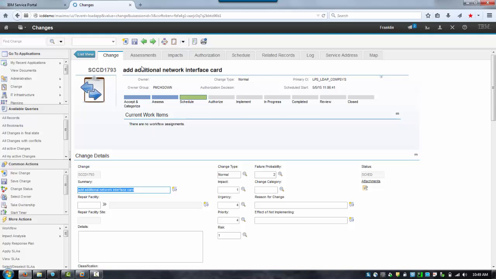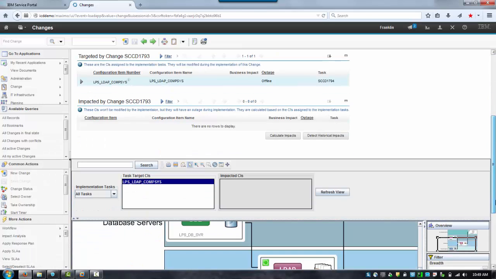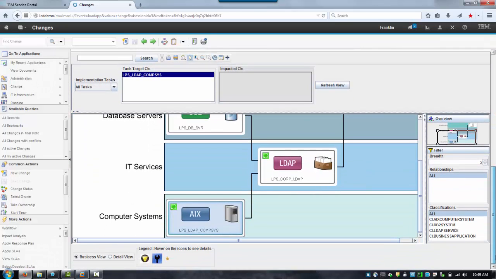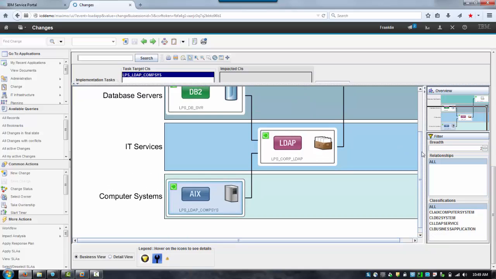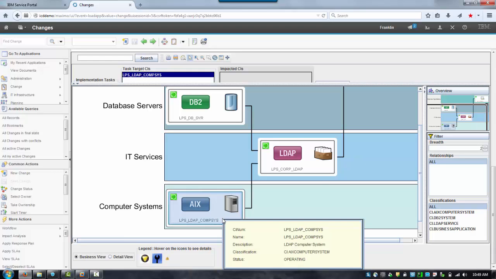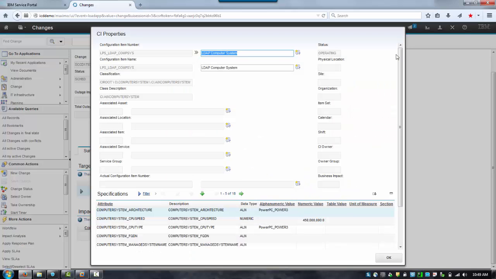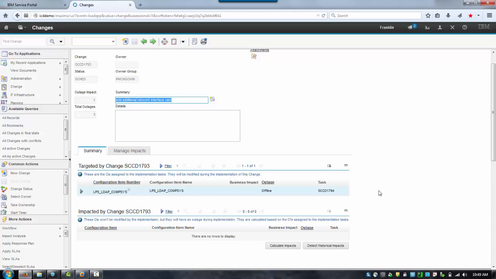and we see that it is scheduled, and we can do an impact analysis. Clicking on impacts will show us the computer system that will be affected by this implementation of a new network card. And the important thing to realize here is that not only does it show the AIX system involved in this change request, but more importantly, it shows a list of all the impacted servers and systems that are going to